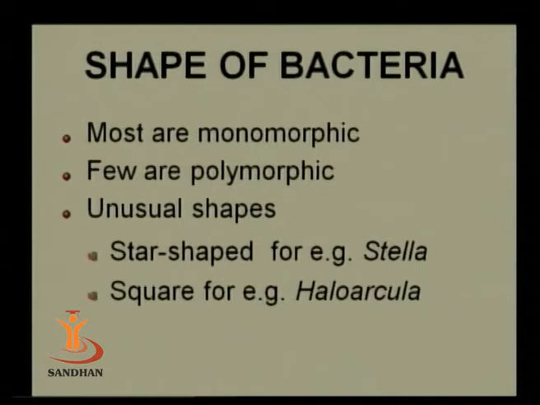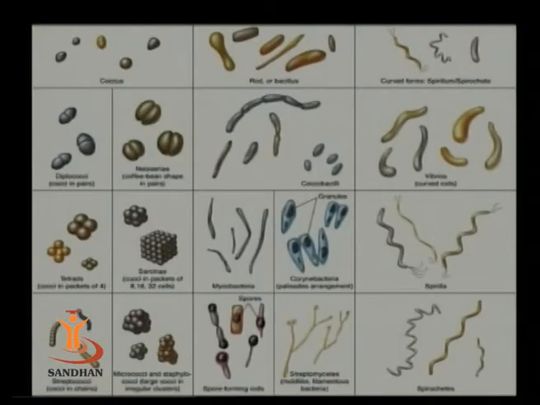They sometimes show unusual shapes, like star-shaped bacteria, for example belonging to Stella, and square-shaped bacteria, that is Haloarcula. This slide shows the diversity among the microbial population. If you see this diversity in detail,